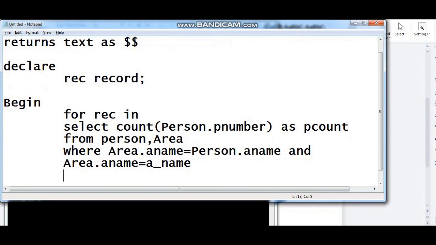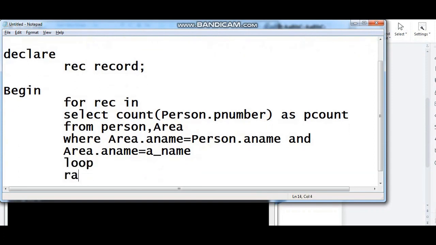Then we are going to write the loop keyword, and what we are going to print, something like we do in C. We make use of print, so here also we are going to print the statement with the help of the raise statement. Raise notice.